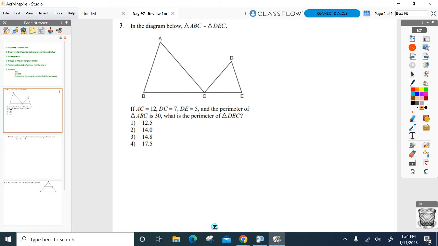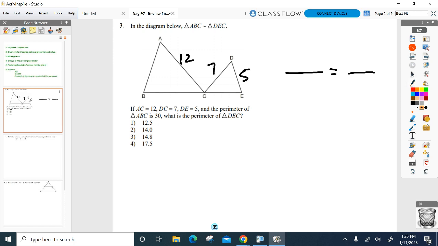Number 3 from the back of your packet, the review questions. We're told the triangles are similar. Gotta know that, because if I don't, I cannot set up a proportion. So that's what allows me to set up a proportion. The triangles are similar. AC has a length of 12, DC is 7, DE is 5, and then we're